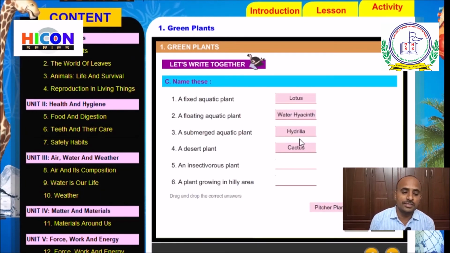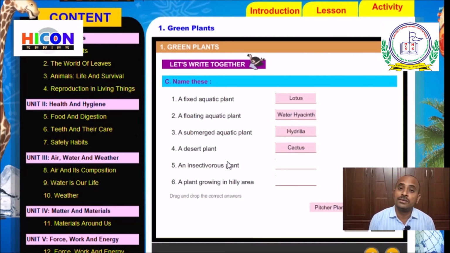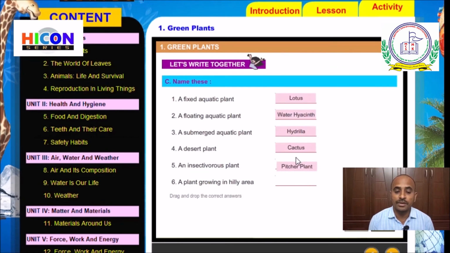Next, children, read the fifth sentence. An insectivorous plant. We have already discussed this in the previous activity. Insectivorous plants means insect eaters. These plants especially eat insects. They cannot prepare their food with the photosynthesis process. So which one is the insectivorous plant? Pitcher plant or pine tree? Yes, pitcher plant. The pitcher plant has a jar-like structure which contains